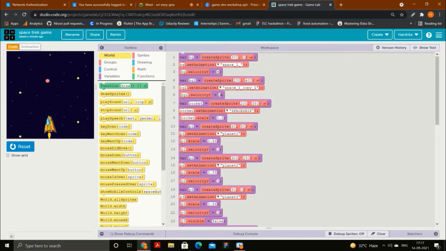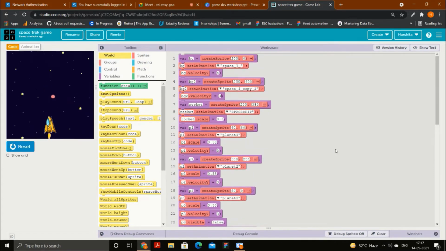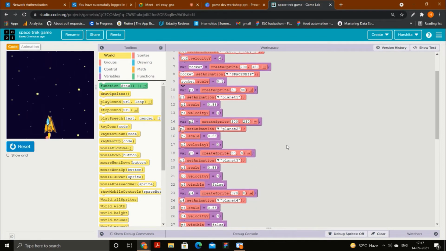So change the value to 4 for the velocity of the background, in line number 3 and line number 6. Now the next thing, we did till now, and I will just give you a very small recap. First of all, we added the first background by making a variable, by setting the animation, by setting the velocity. Then we used the second background, same procedure, by adding a variable, by adding an animation, all of that. Third, we added one rocket, using the same procedure.